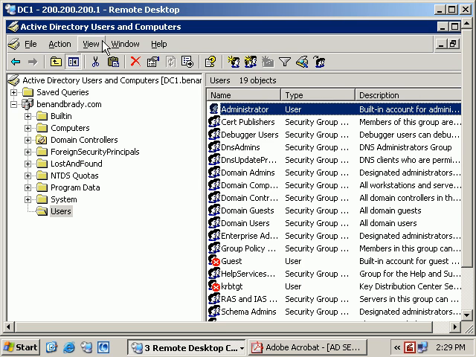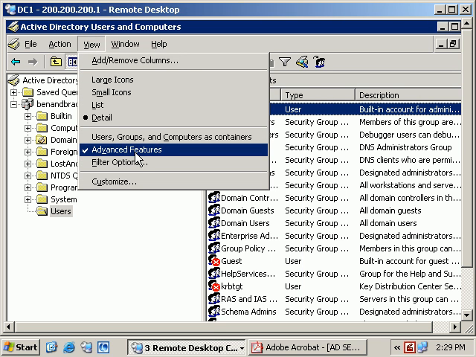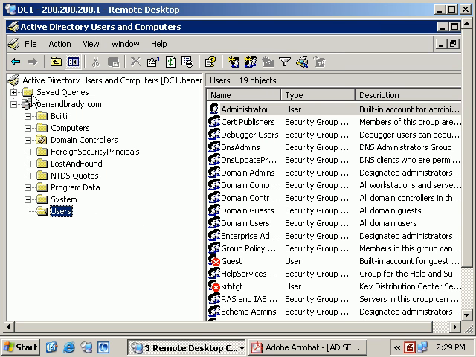If you do not have the advanced features turned on, some of the features will be missing and you would not know why. So here's our Active Directory Users and Computers, and here's the domain benandbrady.com, and we checked out some of the default values and everything looks good at this point. The next object we will check would be,